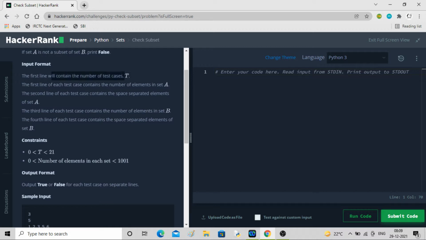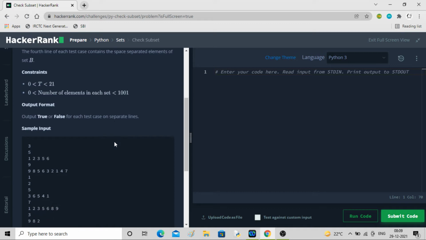Then the next line will give the number of elements in set A, then the elements in set A, space separated. Similarly, the third line will give the number of elements in set B, then the fourth line will give the elements of B, space separated. So basically we will get A, B, and the number of test cases.